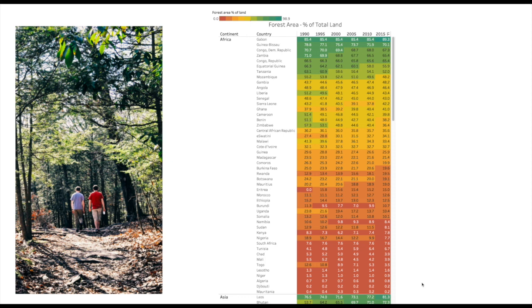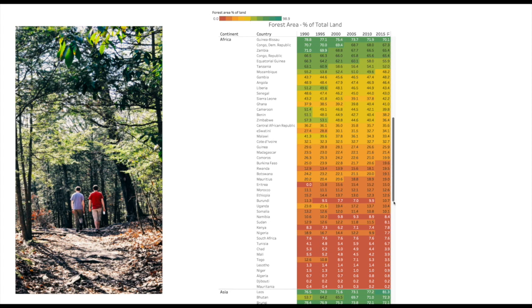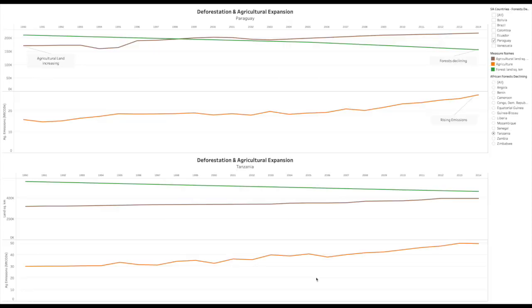This visualization allows for a deeper analysis of the countries organized by continent. It showcases that many African and South American countries are losing a high percentage of their forest. As you scroll down, you can view any country in any continent. This visualization leads to a very important issue regarding why trees are being cut down in developing countries. It is estimated that 95% of natural forests have been lost as a result of agricultural expansion. Farms emit heavy concentrations of highly potent gas, methane, which is roughly 30 times more potent as a heat-trapping gas.